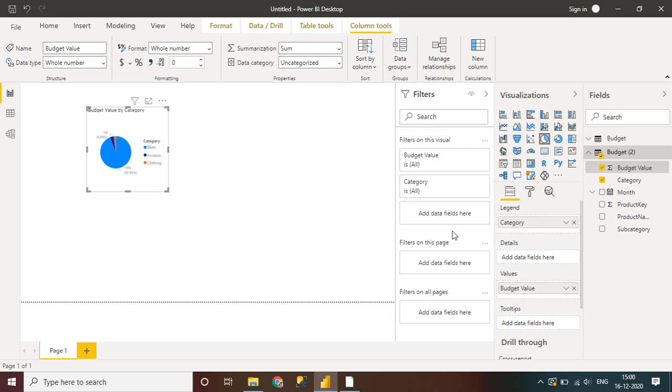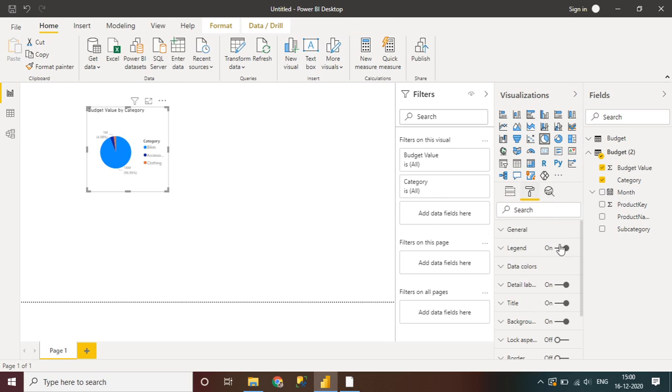It's a little bit small. If you want to change some settings, let's see text. I want to add some text.